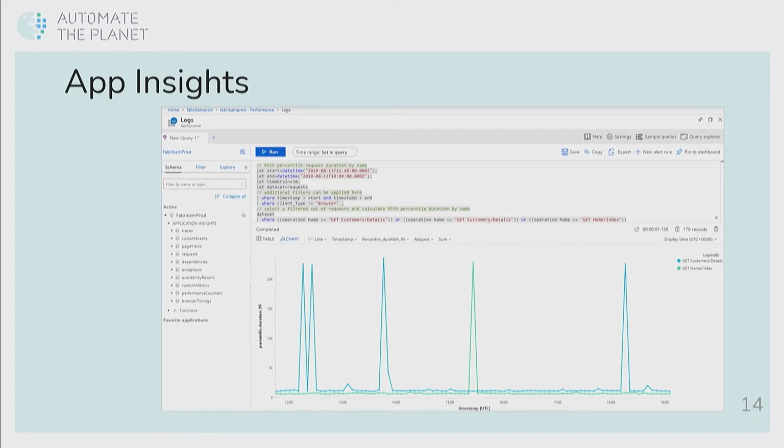When was it executed? On what environment? What is the exception, the stack trace, and information like this. The cool thing is, because it's a central place, this is different than the reports that you publish in continuous integration. Because it's a central storage, you can use it to analyze,